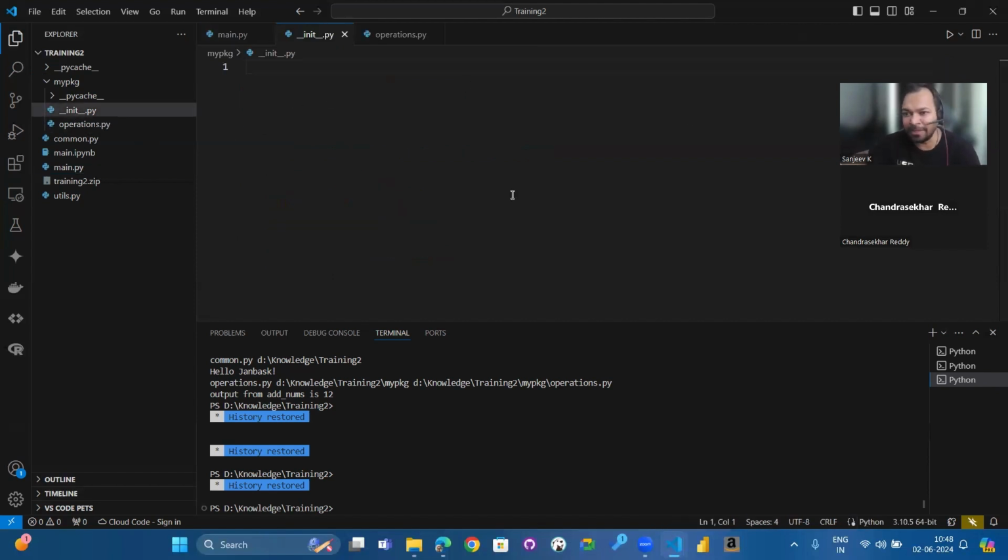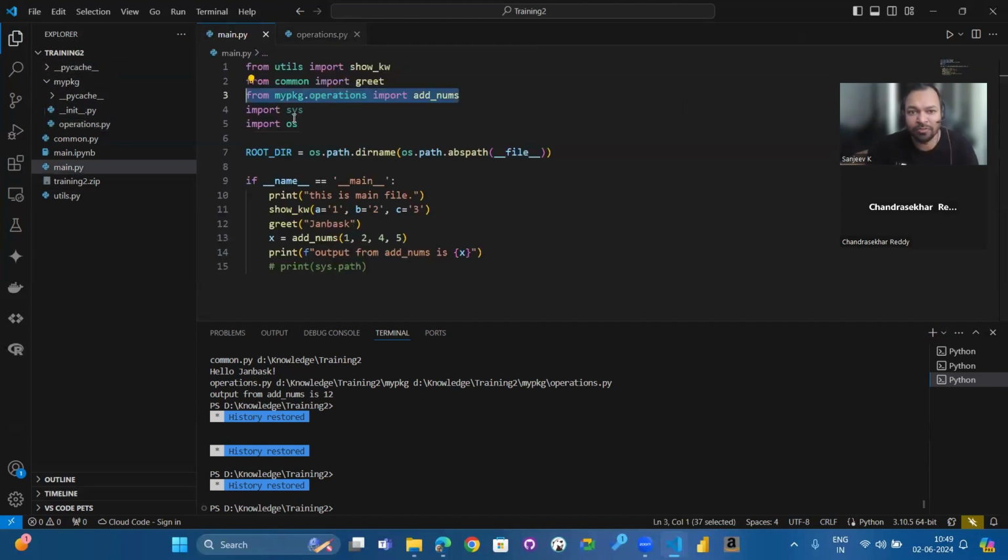This init file is empty, but Python understands that it can relate that init, because you have this initialized thing. It can relate that this package is a part of this training.2. So that is how it will import. It will make use of imports. Whenever you have packages, you need to have an init file followed by all your modules.